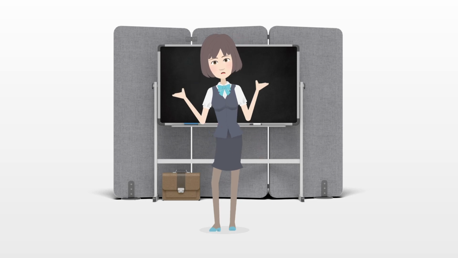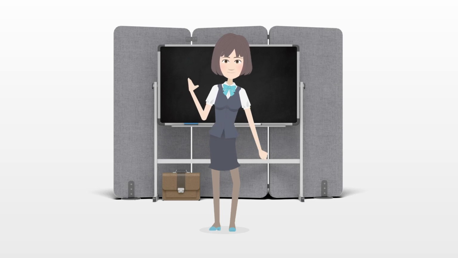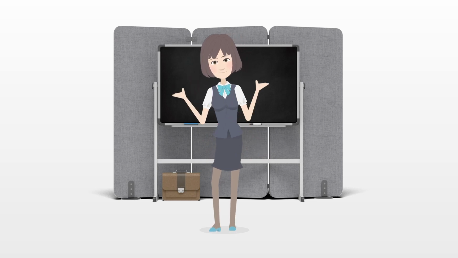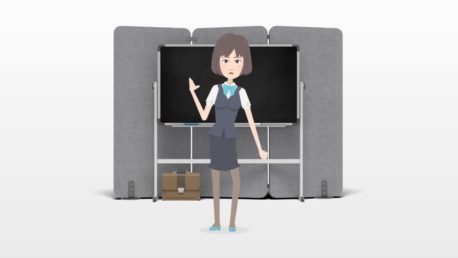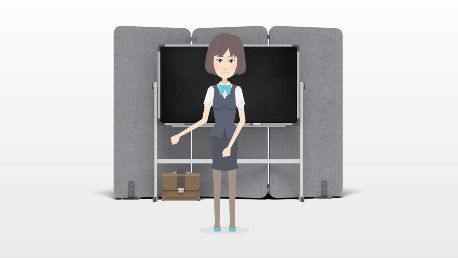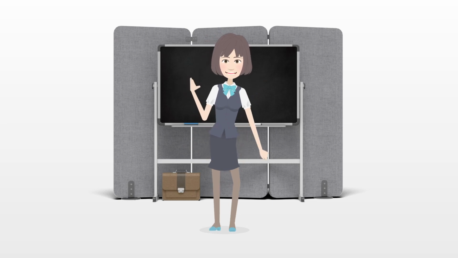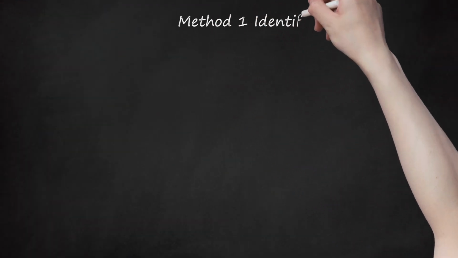Use role-playing, stories, and personal example to show your child how to understand why their bullying is wrong and how to act appropriately. Get help from teachers and other community figures who know your child. If you have trouble correcting your child's bullying, get help from a child psychologist. Method 1: Identifying the problem.